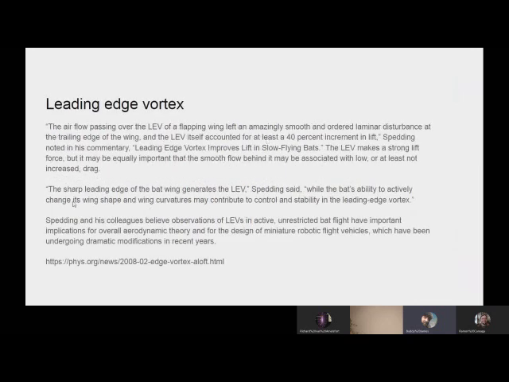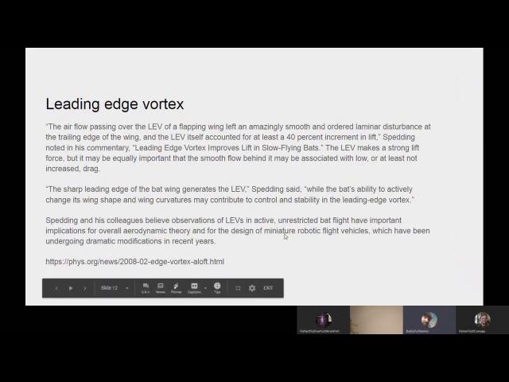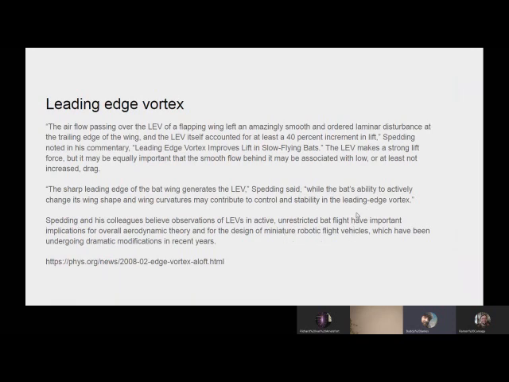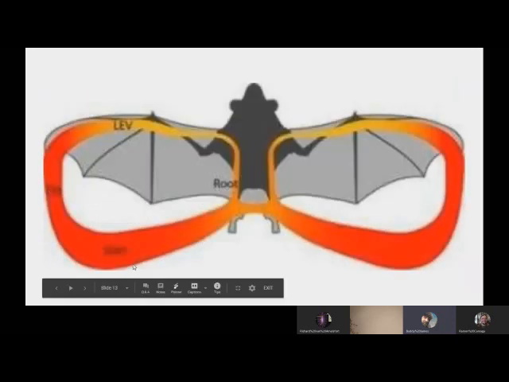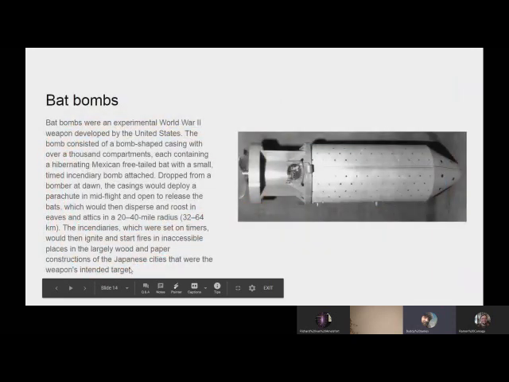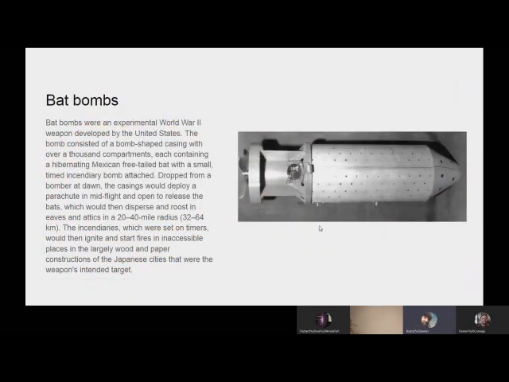So Speeding and his colleagues believe observations of LEVs in active unrestricted bat flight have important implications for overall aerodynamic theory and for the design of miniature robotic flight vehicles, which have been undergoing dramatic modifications in recent years. So that was 2008. It was a long time ago. I just threw that in there to give us more idea about some of the aerodynamics and stuff